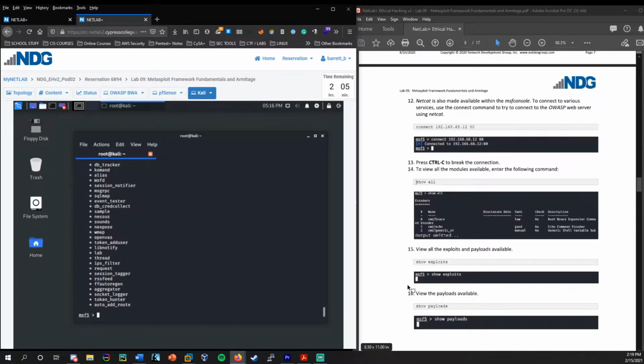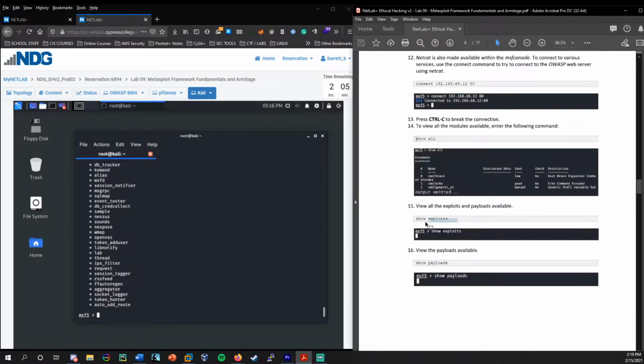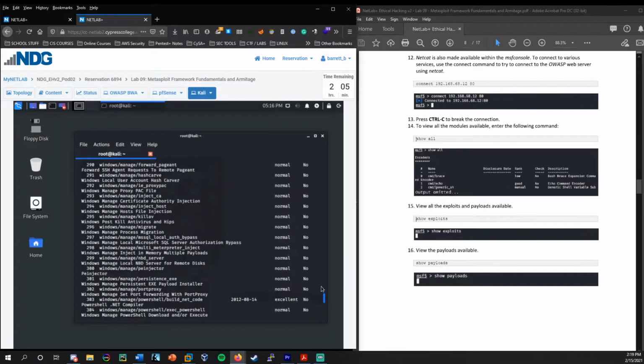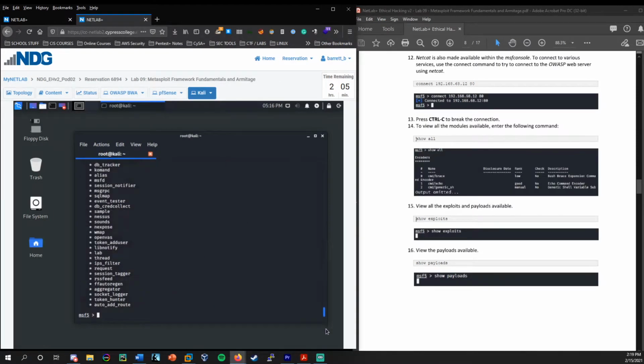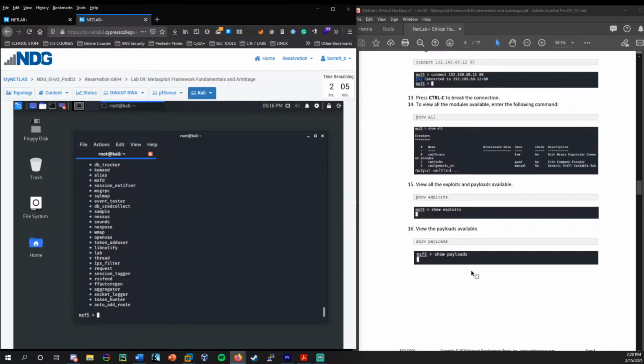So that is show all. Now you can also run show exploits and show payloads. We essentially got all that information here. So I'm not gonna run that again, but I do encourage you to go through all of the different exploits and payloads and